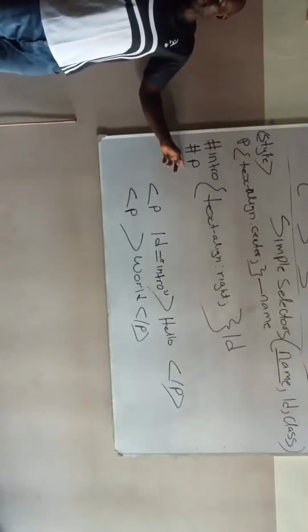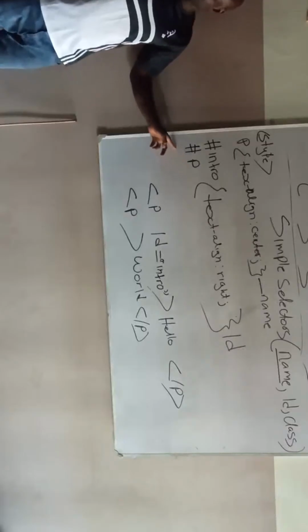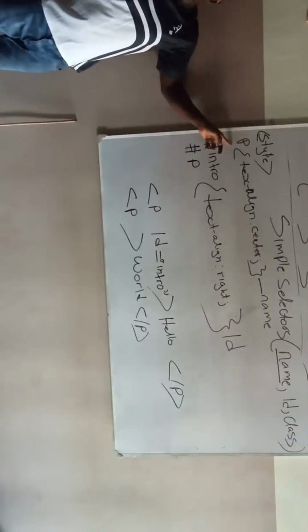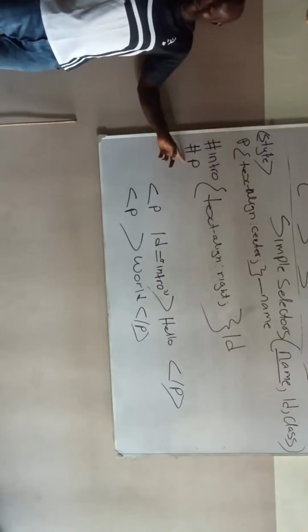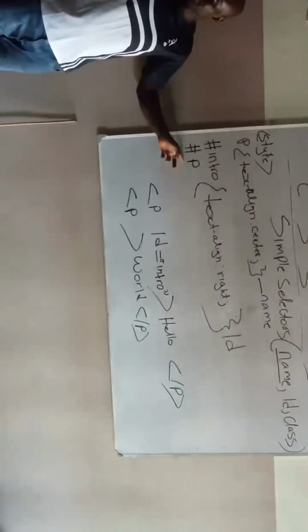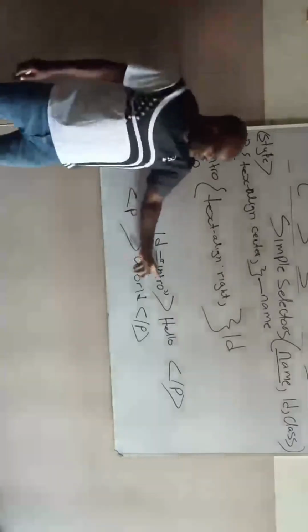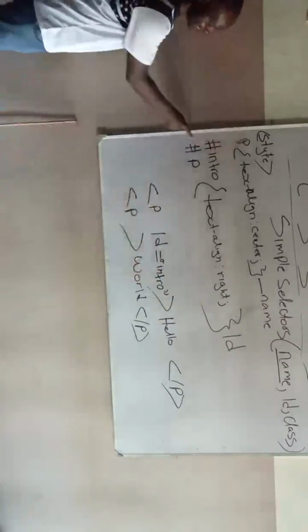This is an ID of a particular what? Element. This is an ID of a particular element. But this one is what? The name of a what? A name of an element or all the elements. But this one is not the name of an element. This is a unique ID. So if I'm using P, I'll fill here and write what? P. So once it sees this hash, go